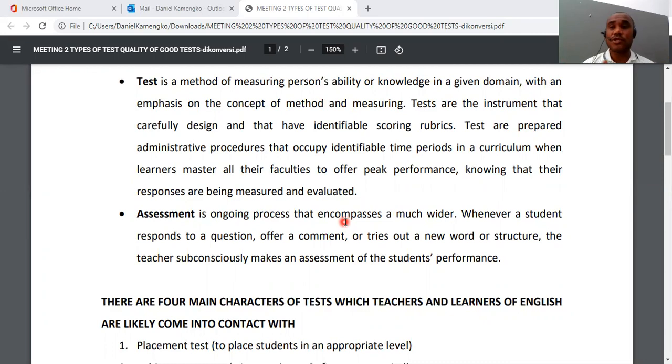It could happen in the teaching and learning process in the class. It could be teachers observing students and writing down, okay, his pronunciation is good, his grammar is okay. So you assess during the teaching and learning process. So you can see the difference between test and assessment. This is quite different.